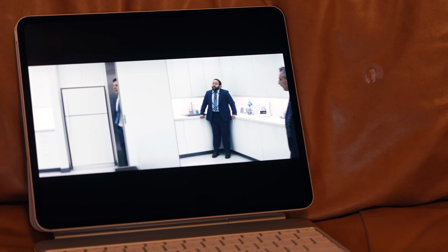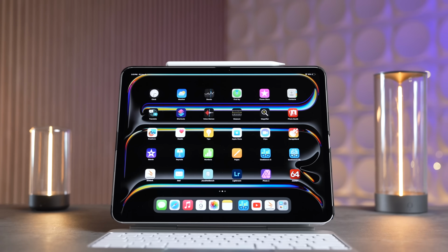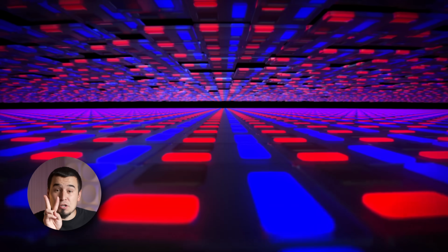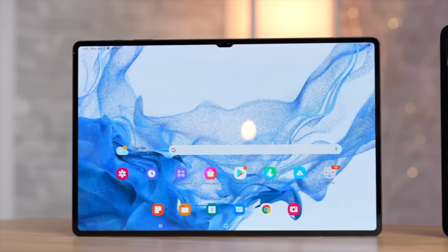Sorry, Samsung fans. No, I'm kidding, but for real, Apple is actually using the most advanced and unique OLED display tech that has ever been created, called Tandem OLED, stacking 2 high-quality OLED panels on top of each other. So instead of a standard OLED display that you would find on an inferior Android tablet like the Galaxy Tab